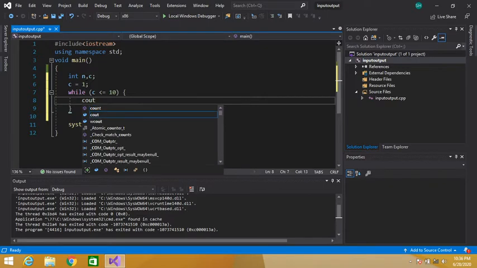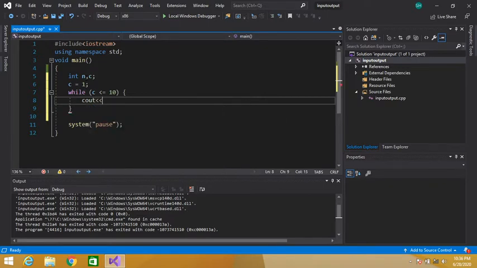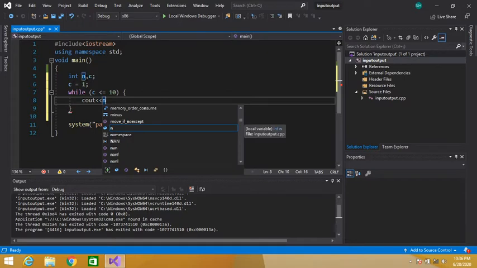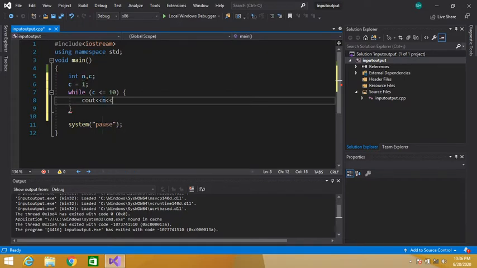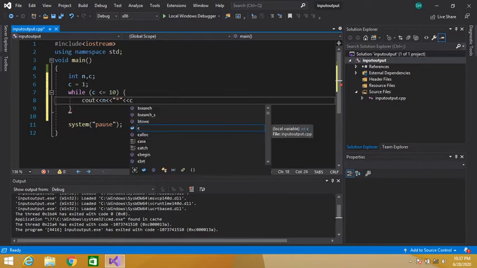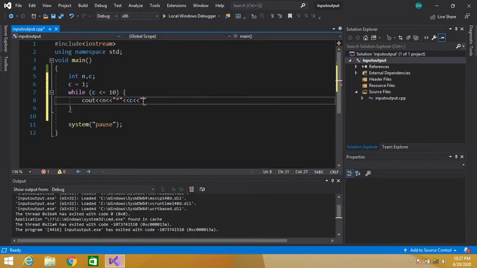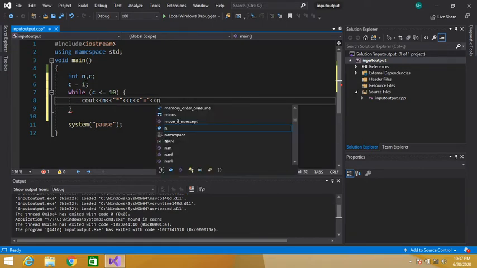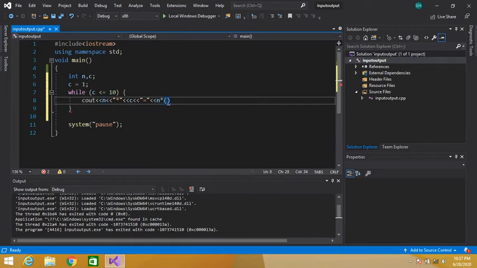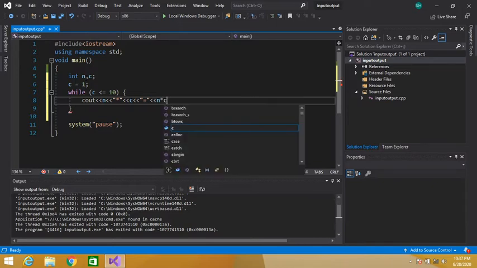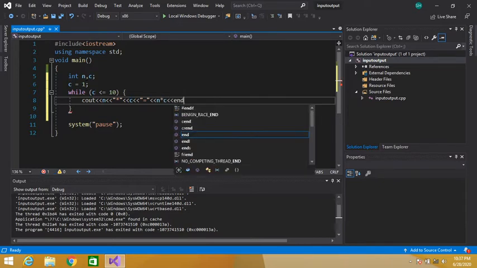Cout, number itself, then multiplication symbol, then c variable, and then equal sign, and then n multiplied by c, and end of line.